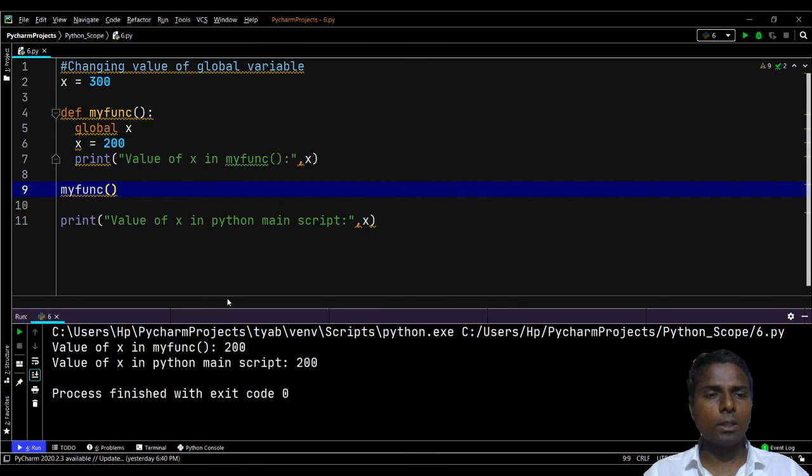The changed value will be visible here, okay. Value of x in the main function 200, value of x in the Python main script also will get 200, but after calling, here I will mention,